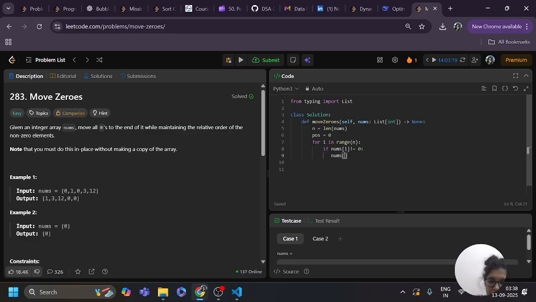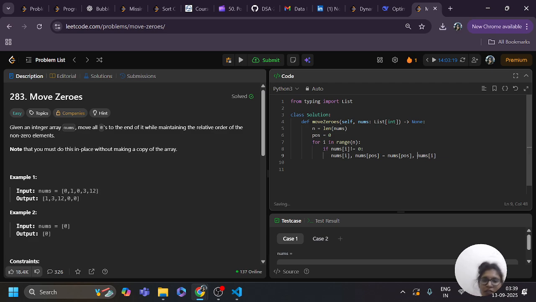nums of i, comma, nums of pos equals nums of pos, comma, nums of i.